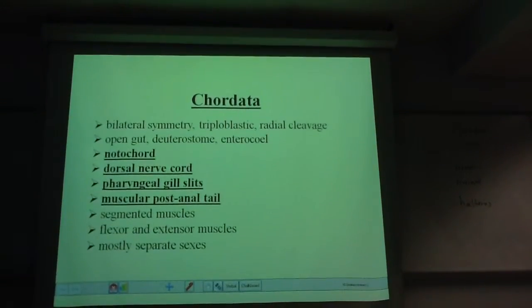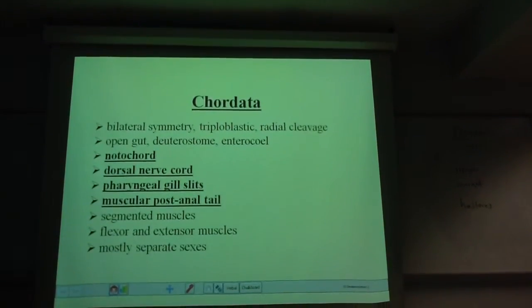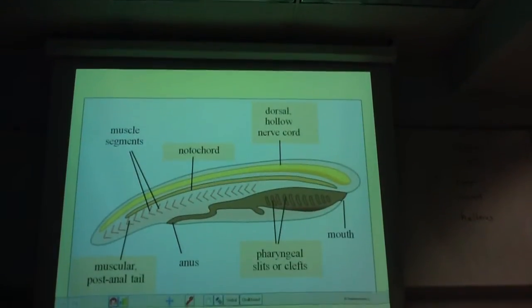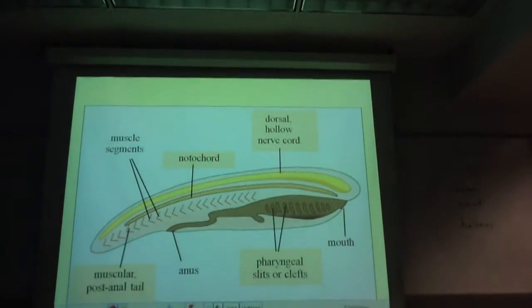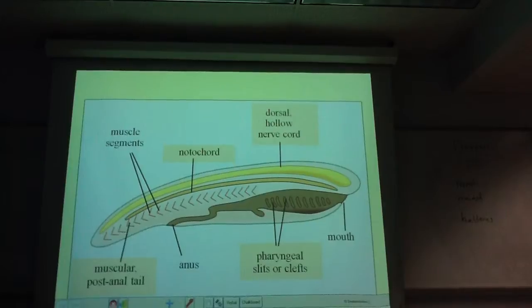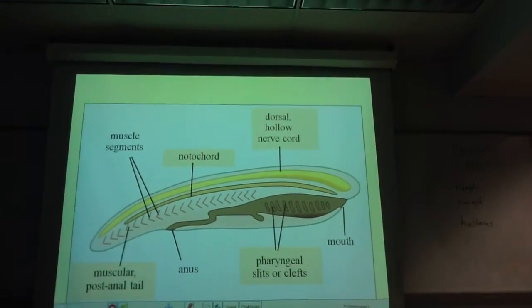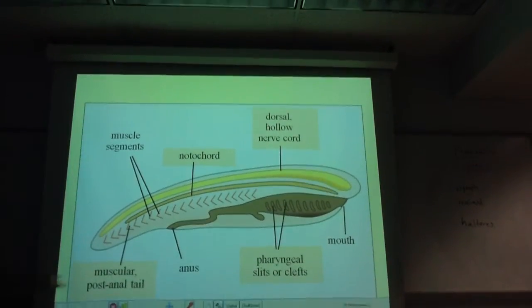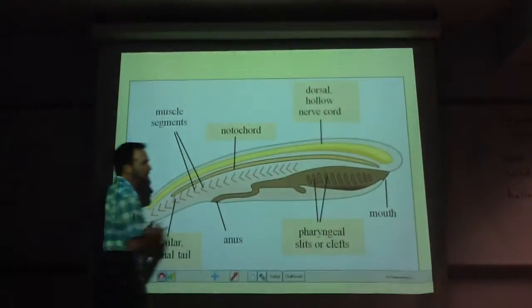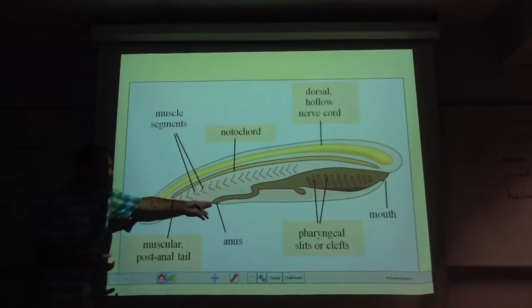So you're all going to get that, right? Notochord, nerve cord, gill slits, and a tail. Every chordate has that at some point during development. So if you ask me what the last common ancestor of all chordates looked like, I would guess it looks something like this. It's a very simplistic little cartoon. It shows a one-way digestive tract, with a mouth and an anus. Obviously, this was the blastopore.